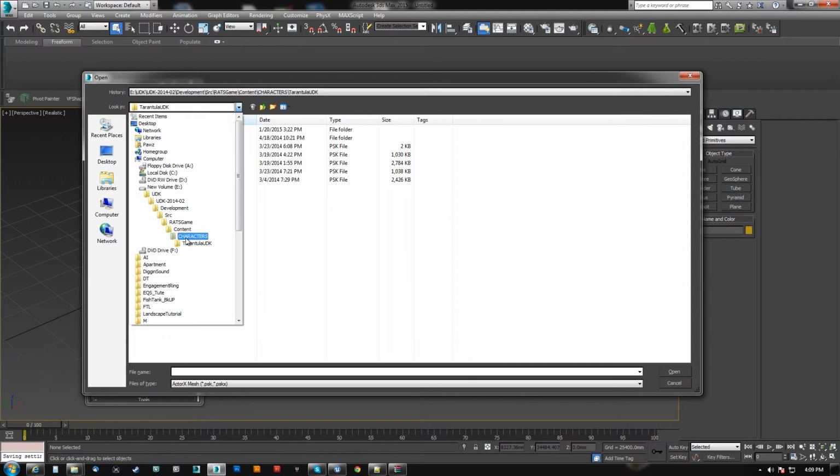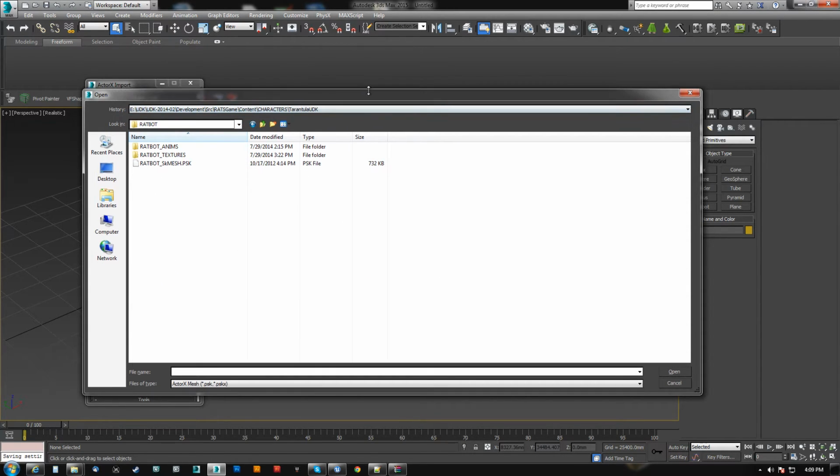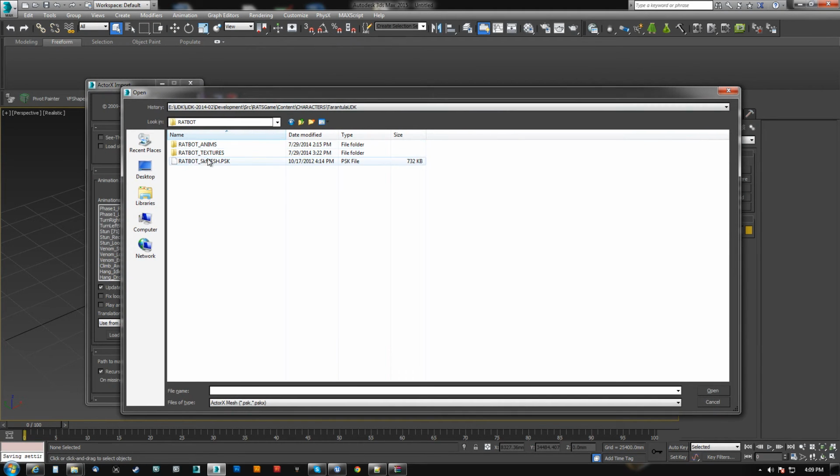I've got all this content, I've got characters, like, say here, we'll do a different character than the tarantula. We'll do this rat bot here. Now the Ratbot has a skeletal mesh, which is a PSK. He's also got textures, which I'm not worried about. He's got animations. Now the animations are a different format, that's why they're not showing up. So if I pop this open here and I just hit open,